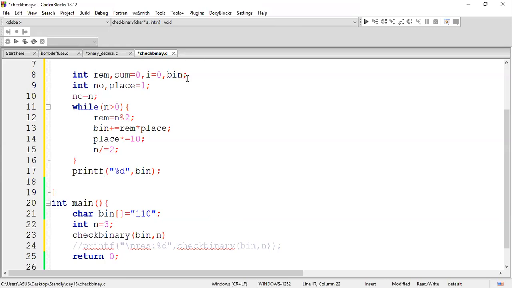We'll initialize the binary value as 0. Okay, done. We'll execute this.